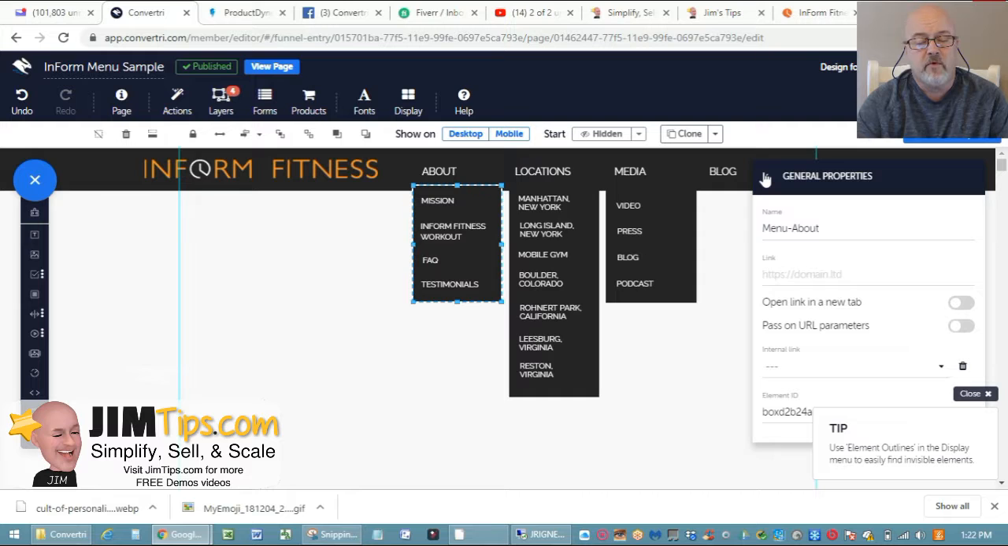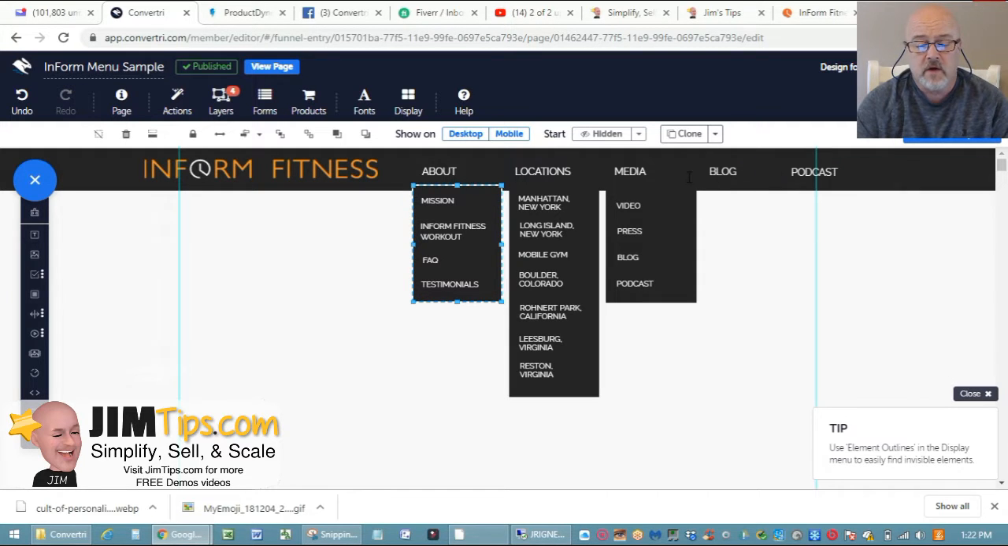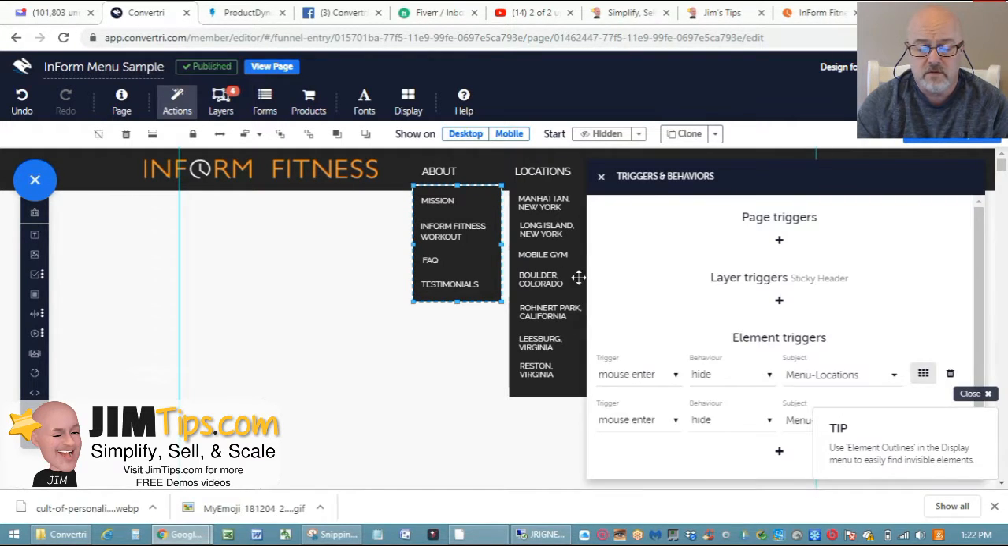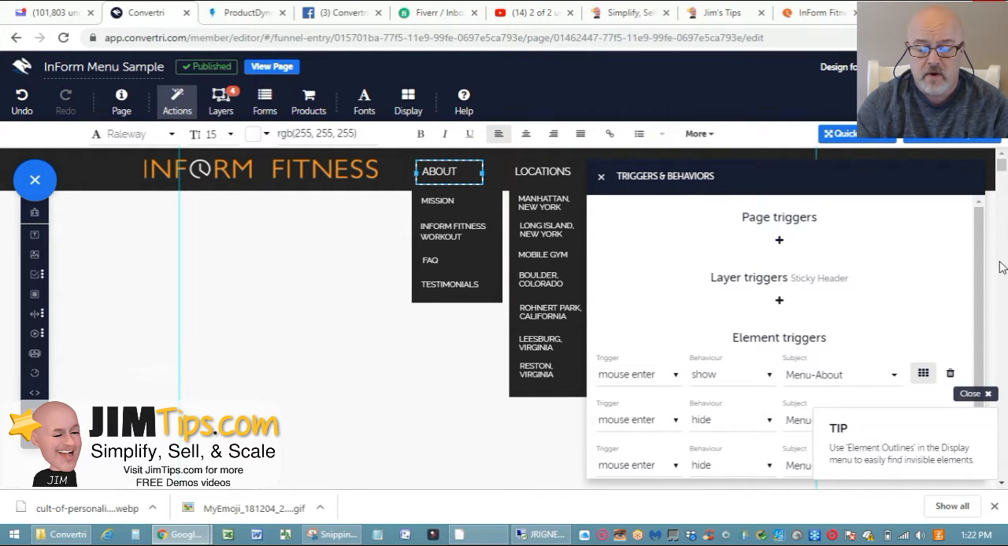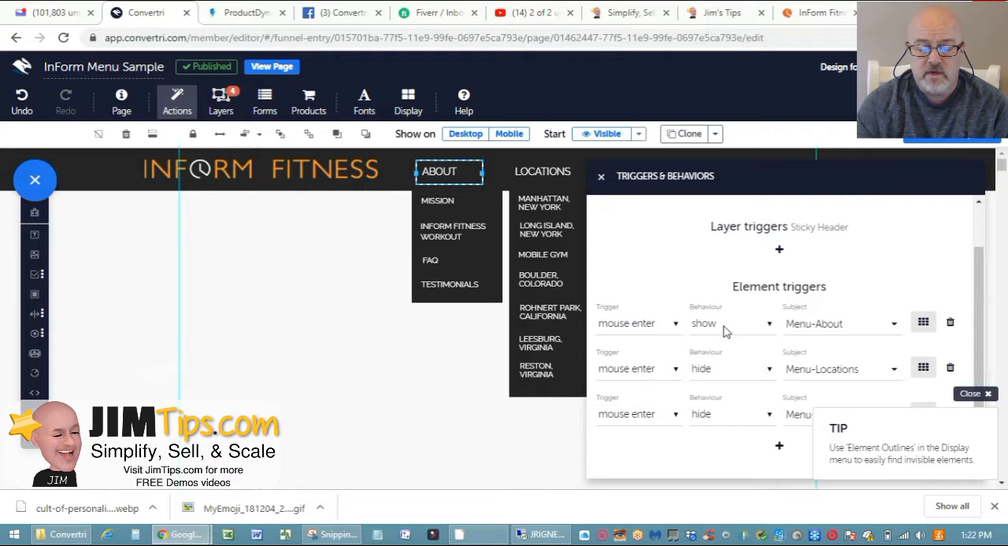So whenever I reference it in my triggers, my actions, I can call up this internal name and it knows exactly what I'm talking about. So let's go back to our actions. So when I'm rolling over this element about, what I do is I show menu about, and then I also,